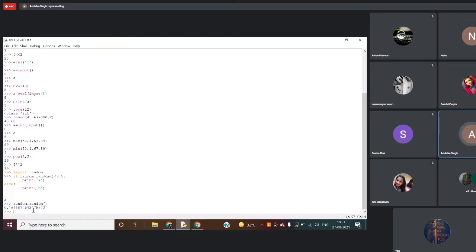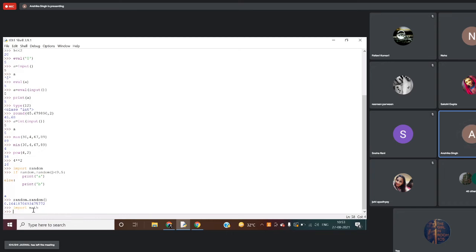Then there are some functions like ceil. Ceil returns the smallest integer greater than or equal to x. For mathematical functions, you will be using the math module, so you will always be importing math.